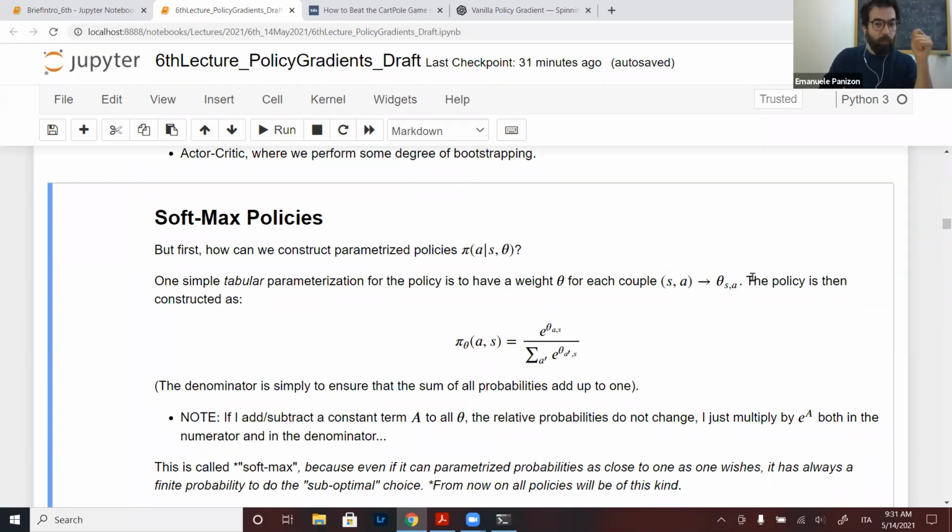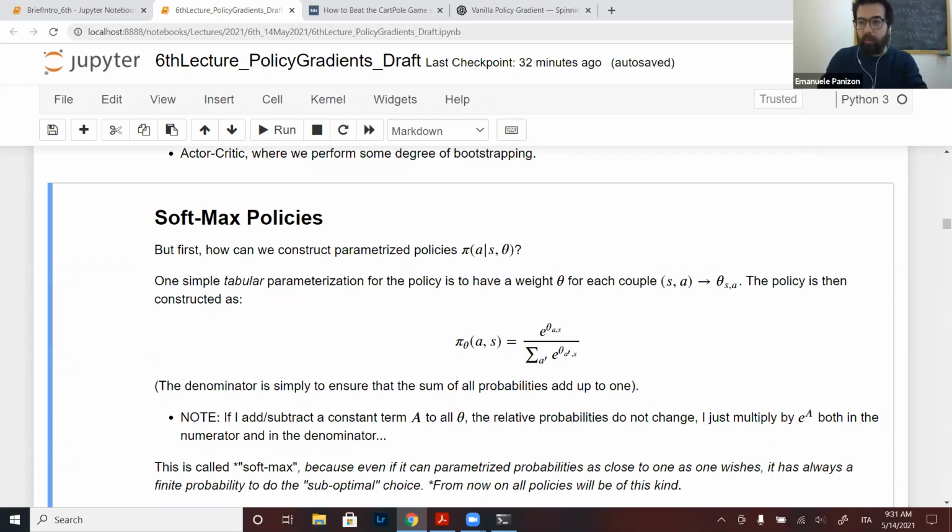Then, whenever I need the policy on a state, I just take this formula here, which says: if I want to know the probability of doing action A in a state S, I take the exponential of the parameter for that state and that action